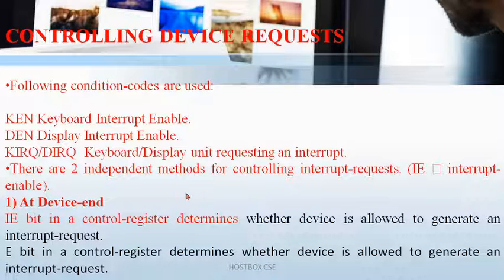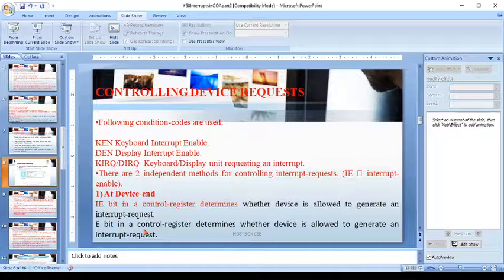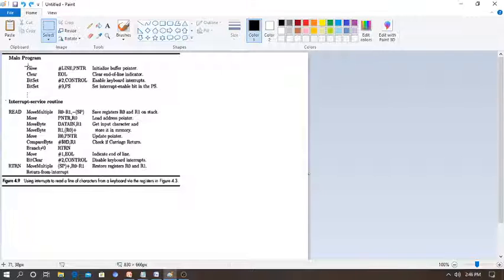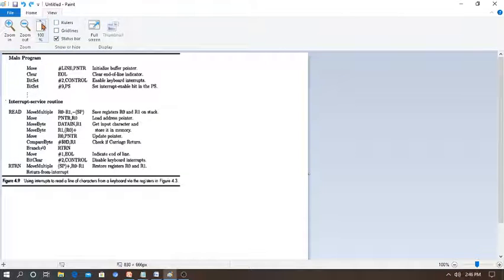So let's go to one diagram here, a small diagram-oriented example. Let's view it full screen for clarity. Right, so this is a small piece of program code. Don't go deeply here, because if you go deeply, it will touch the entire hardware of computer architecture and a little bit of microprocessors also.